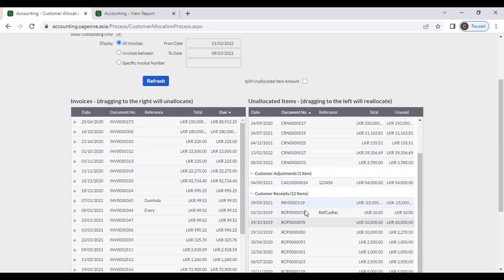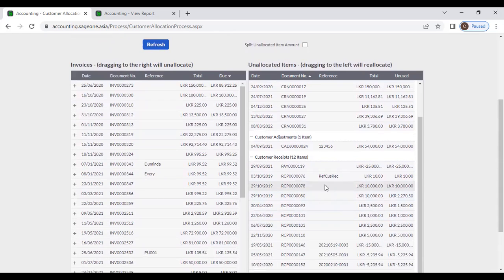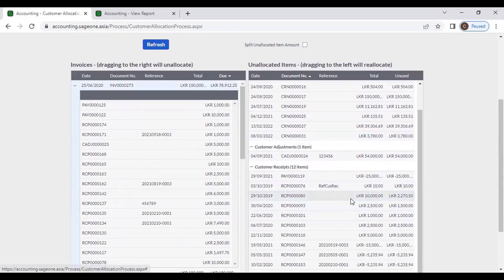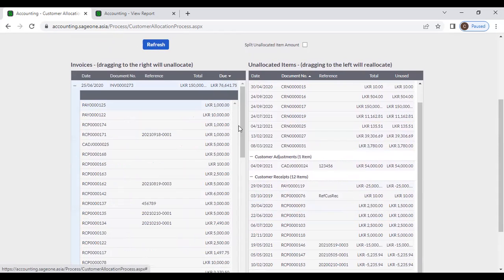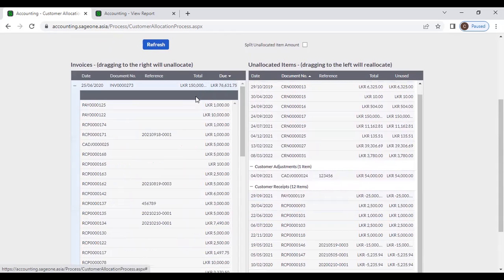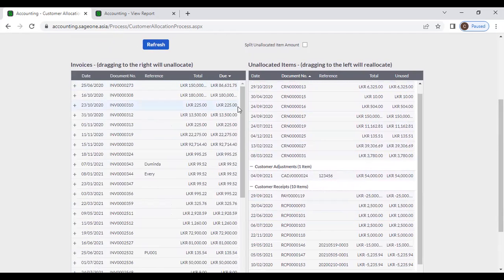And you can allocate more than one invoice to one receipt, or more than one receipt to one invoice. Like that, you can allocate. However, sometimes you want to allocate specific amount to this invoice. Now for an example,